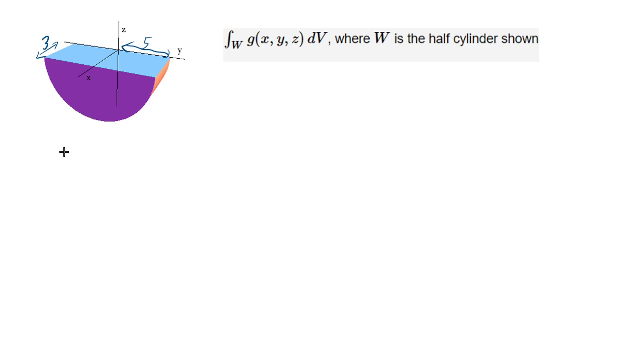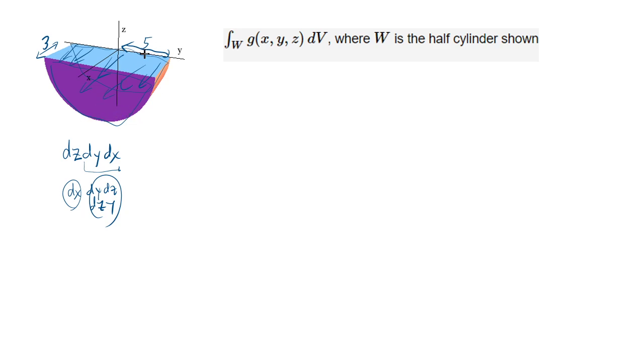Now, when you try to do rectangular integration, you could do dz, dy, dx, which is the one that I usually like to do, because if you integrate by dz first, then this is just a regular double integral in x and then y. But here I think integrating in the x direction is better. The rest could be dy dz or dz dy. We'll think about that later, but I want to integrate by dx first, because if you integrate in the x direction, starting from this end until this end,